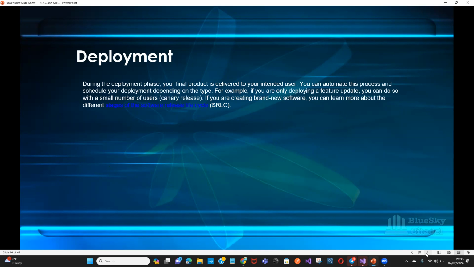This is to say, oh, we are done, and then you deploy it to the users. Proper deployment practices ensure a smooth transition from the development to the production environment. And then, to be honest, this phase also helps to minimize downtime and disruption for users, and it also allows them to access the software quickly and efficiently. That is for the deployment phase, which brings us to the last phase,